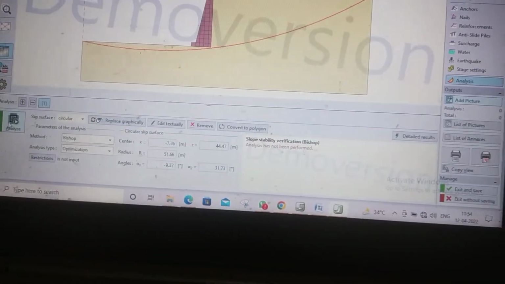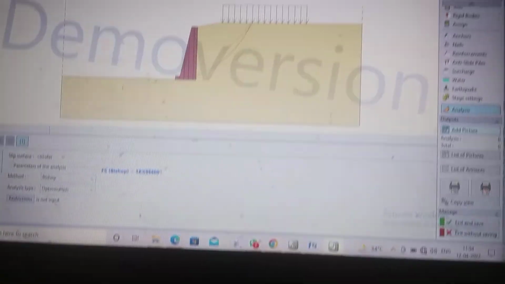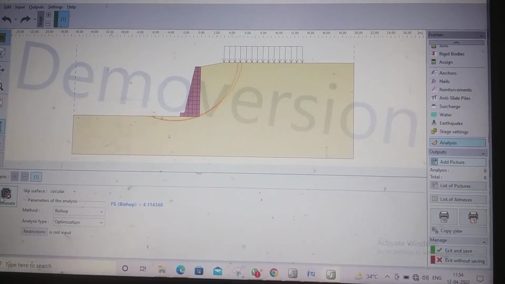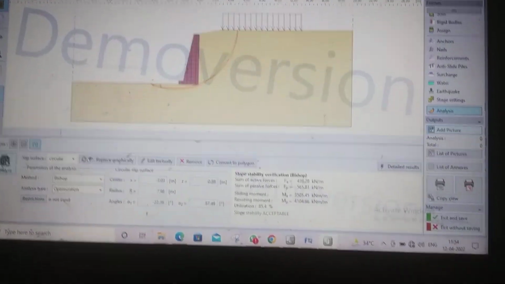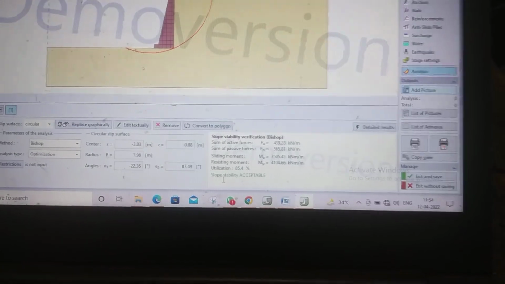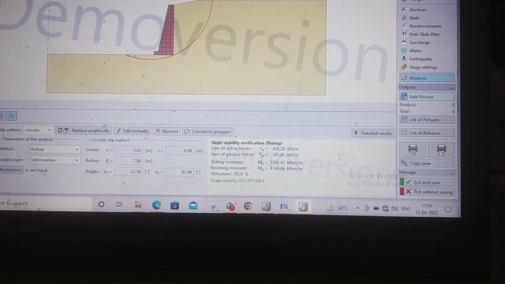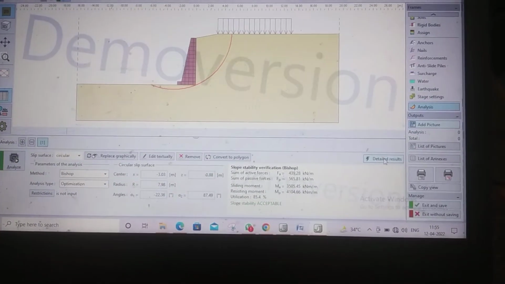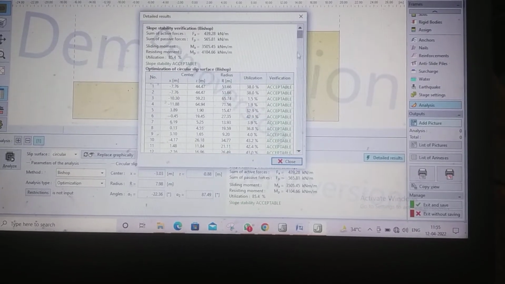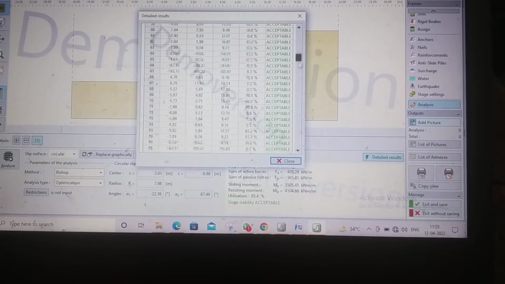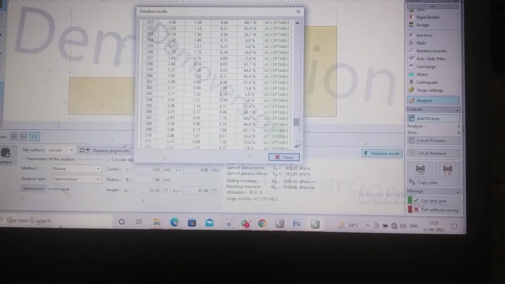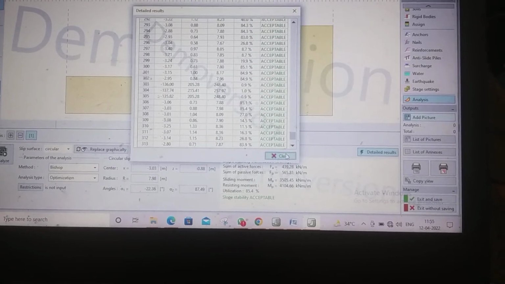Then we have to analyze. Hopefully you can see that. Now slope stability is acceptable, and in brief you can see that these are the results. Now we have to exit and save.